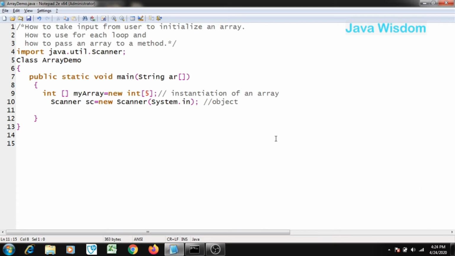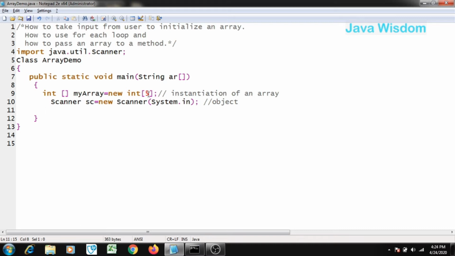So now, first thing, we have to define a class. Here I have defined class ArrayDemo and the main method. Within that I have declared and instantiated an array. I am declaring an array with the identifier myArray, which is of type int, that is integer, and with the help of new int I am giving the size. That means my array will get initialized with 5 elements, and by default the value of initialization is 0.